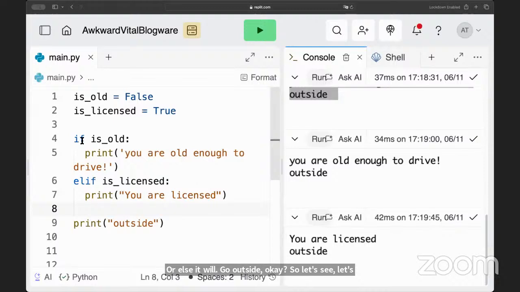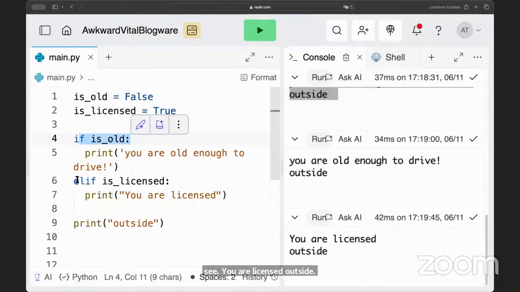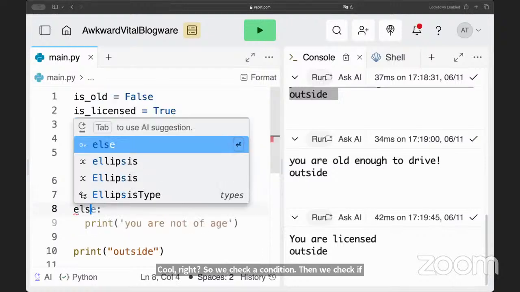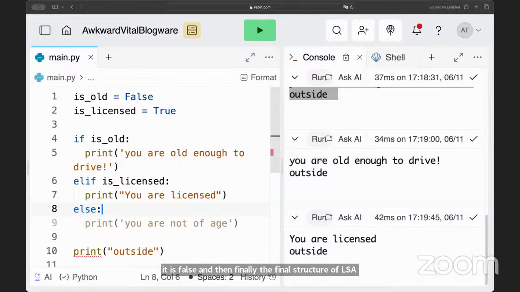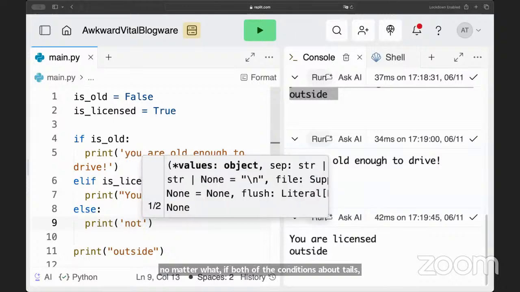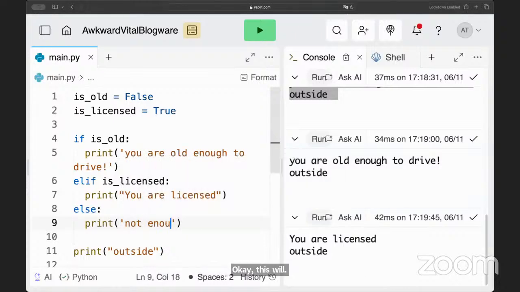Cool, right? So we check a condition, then we check if it is false, and then finally the final structure of else if is the last one, else. Else has no precondition basically, and no matter what, if both of the conditions above fail, this will be printed.